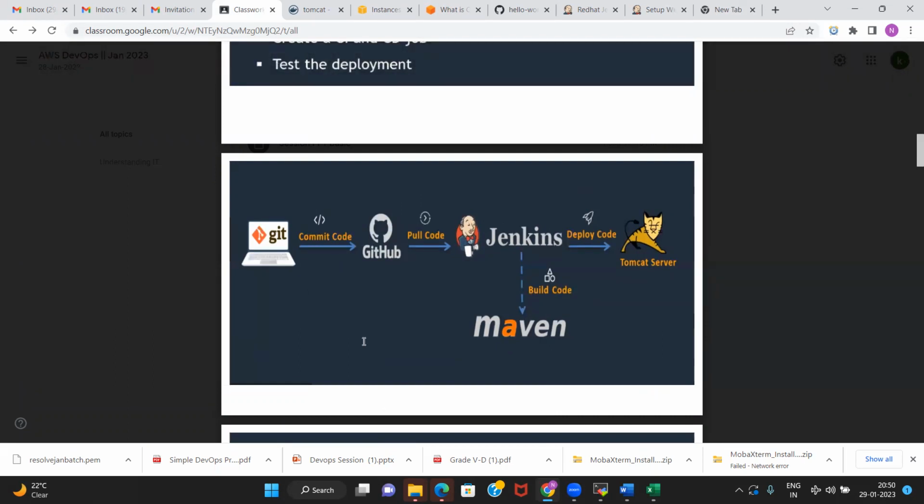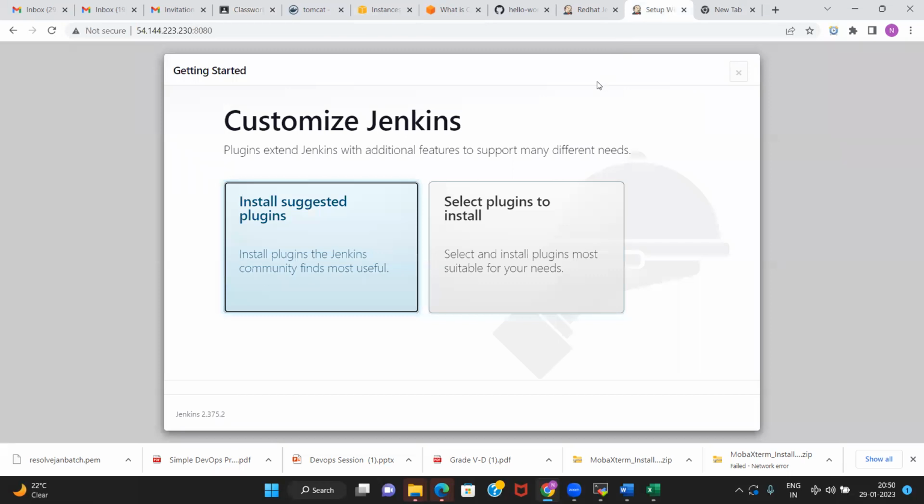Jenkins is a CI tool that works with all these softwares, so Jenkins needs plugins. Jenkins works with multiple other softwares, even many you may not know about. Because this is a service and a CI tool, it needs to interact with multiple applications, and for that interaction it needs plugins.